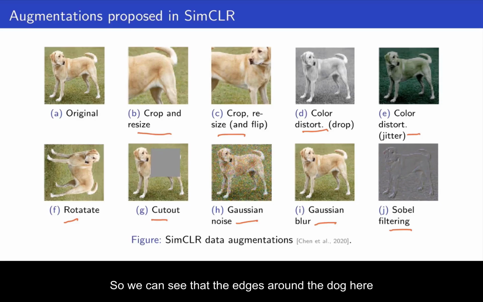So we can see that the edges around the dog here are more prominent after applying this filter. In general, it's not really important in this context which augmentation SimCLR used, but I just wanted to show here that the augmentations are very commonly used computer vision techniques. But with the definition of similarity between positive pairs, that is the augmentations of the same image, versus negative pairs,